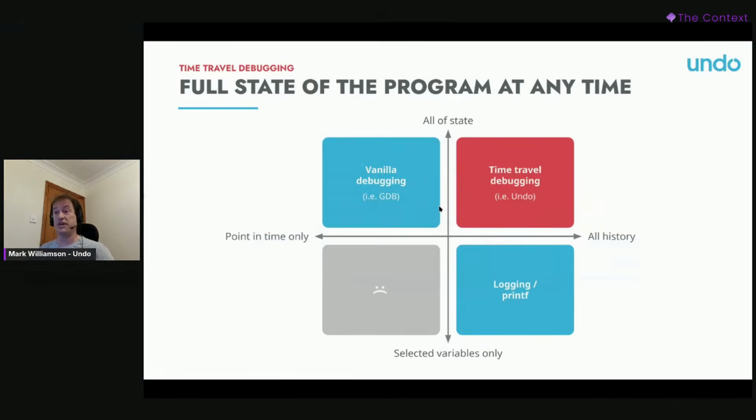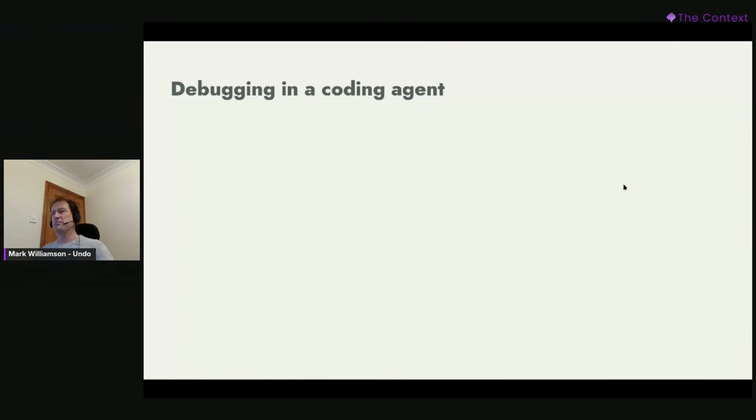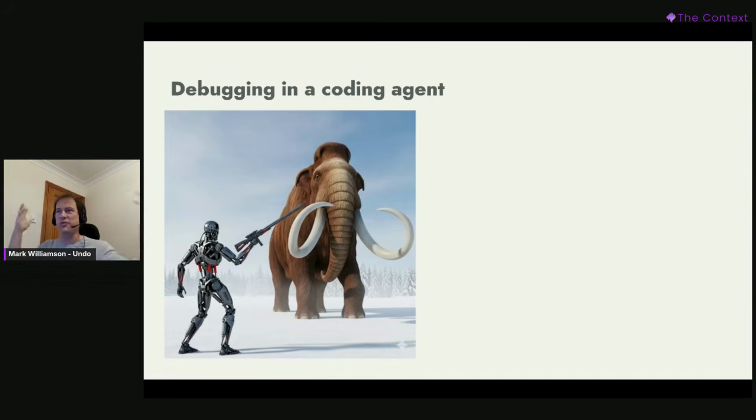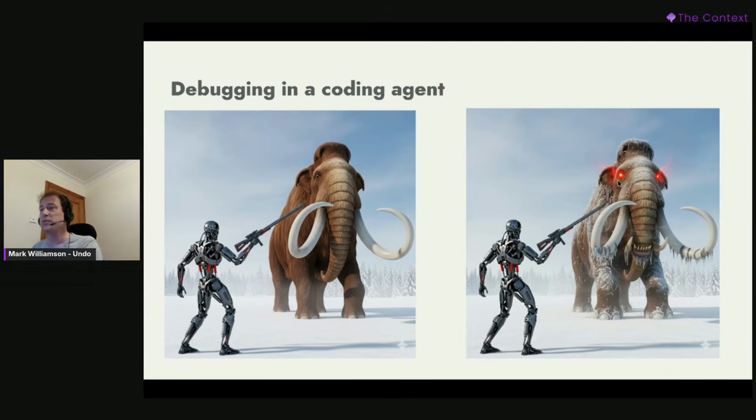Actually, we scale this up to larger programs all the time, and I'm going to show you one of those next. Just as an analogy, my coding agent, the first time I used it, tried adding printfs to my program and then reading the output to see what the bug was, and it struck me that this was like watching a futuristic Terminator try and hunt a woolly mammoth. So I tried to ask Gemini to generate a picture of it. I thought the mammoth here didn't look threatening enough, and I asked it to be a little bit more scary. And I got this, which I think we can all agree is a very scary mammoth.